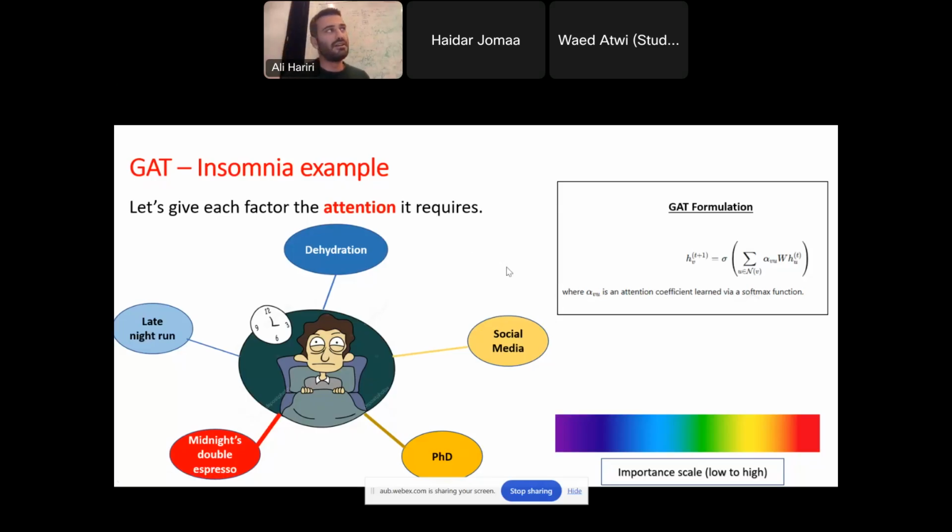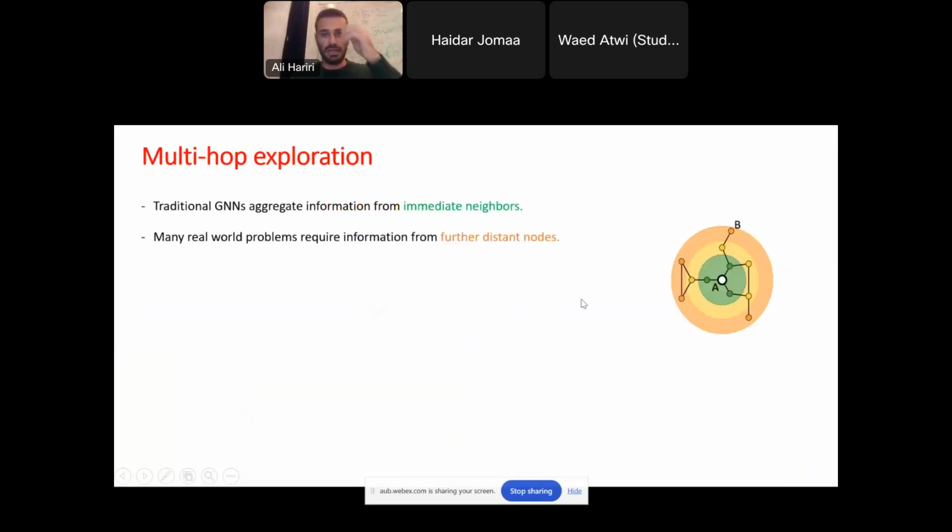But let's say I live in Beirut, and I'm always surrounded by people in Beirut. We go to the same coffee shops, to the same restaurants, etc. But maybe I have common interests with someone who is from Tripoli, for example, or from Zahle, or from Sur. These are not directly connected to me as cities, but they are far away. And this is where it's interesting to talk about the notion of multi-hop exploration.